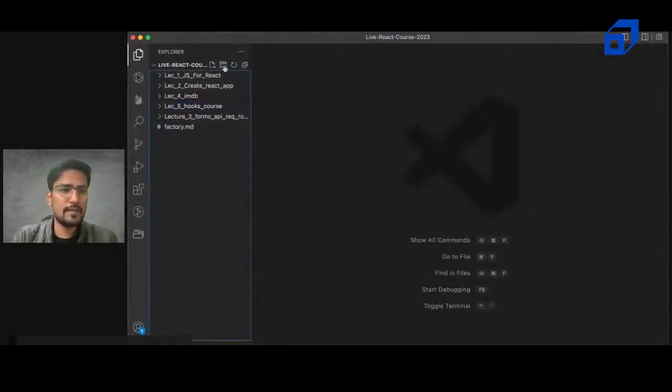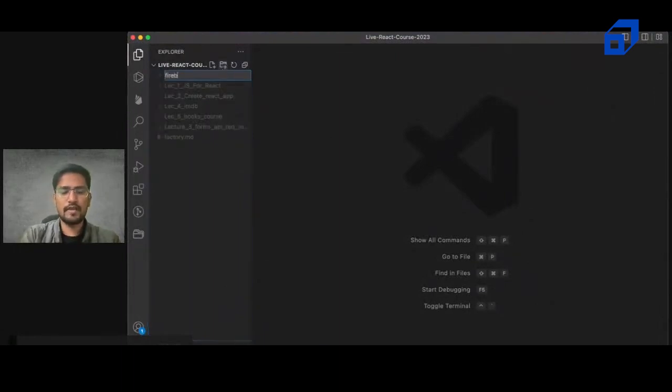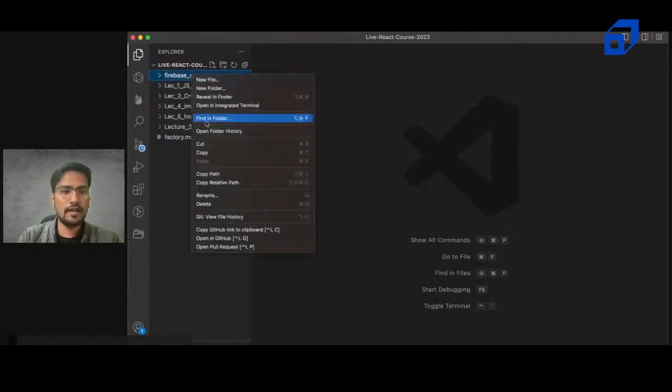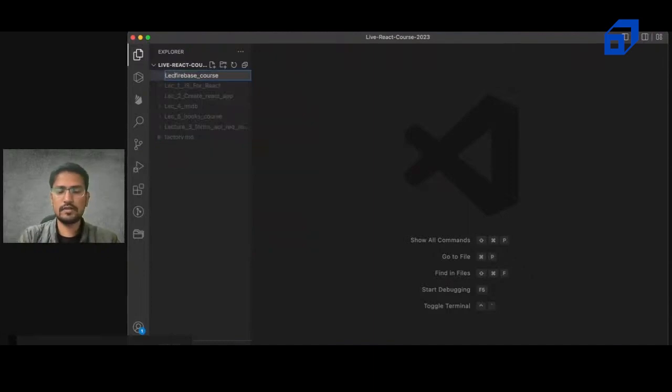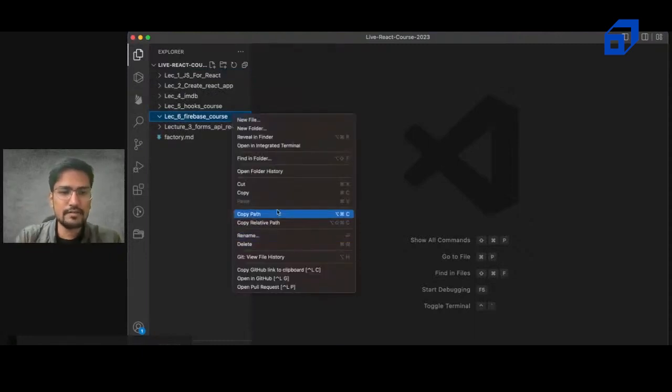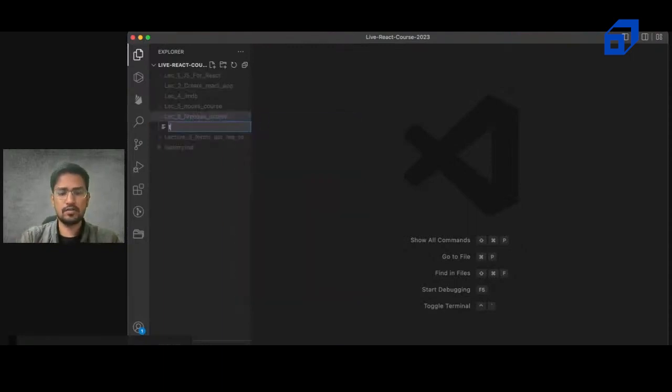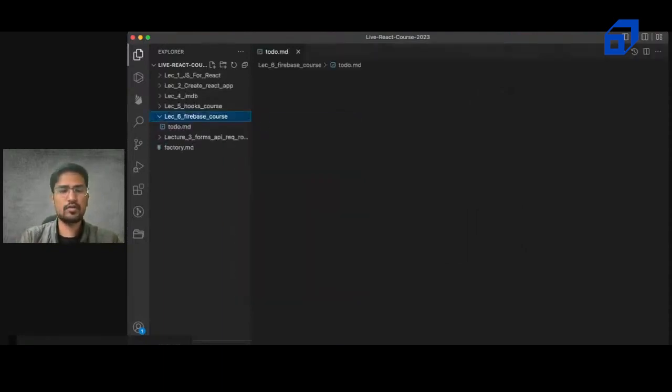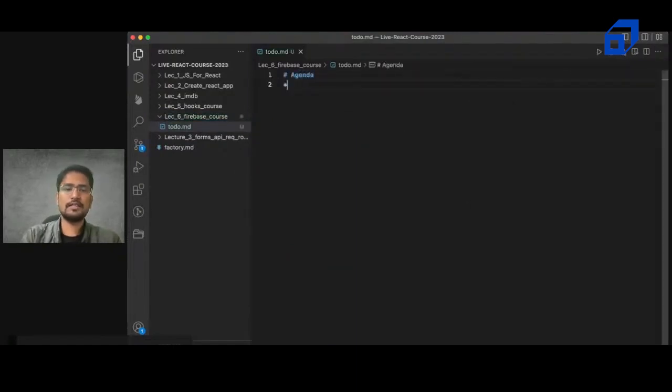So first of all, let me create a Firebase course folder, and it will be lecture number 6. Next, let's add a simple to-do, new file, todo.md. So today's agenda is, first of all,